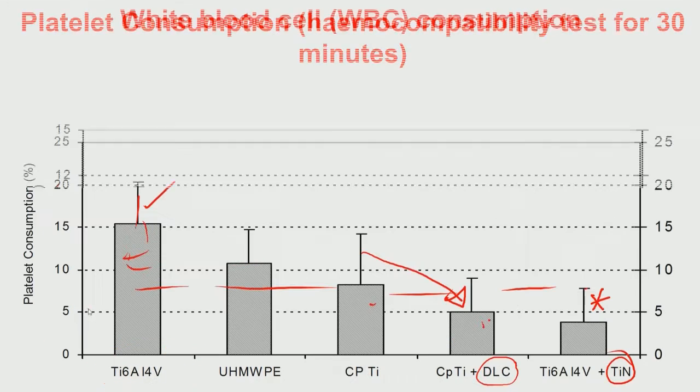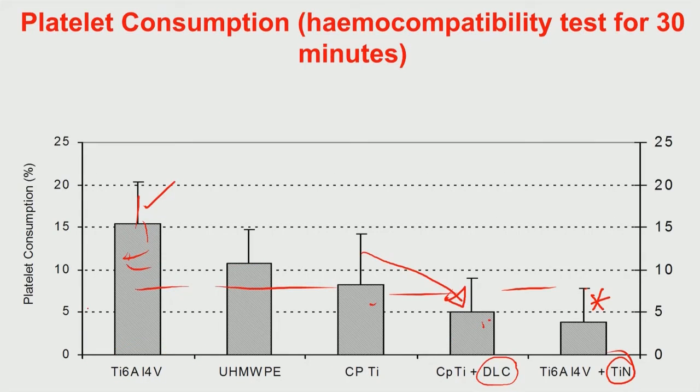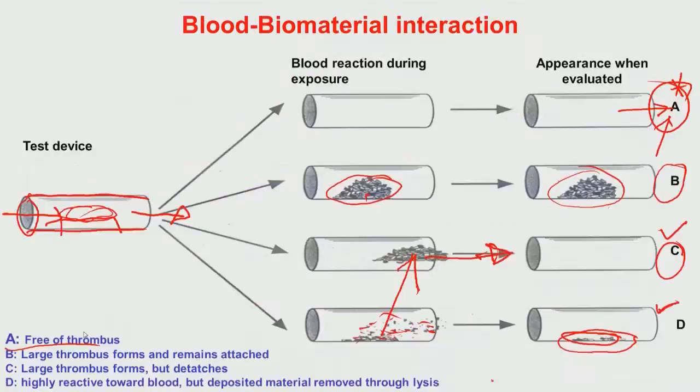So, in a way the ceramic coatings have shown to be quite useful, they do not disturb the white blood cell contents in the blood. At the same time, they significantly reduce the platelet consumption after the standard hemocompatibility test for 30 minutes as recommended